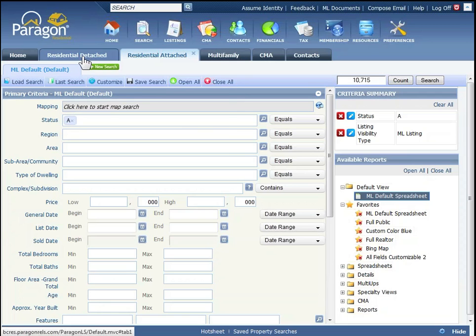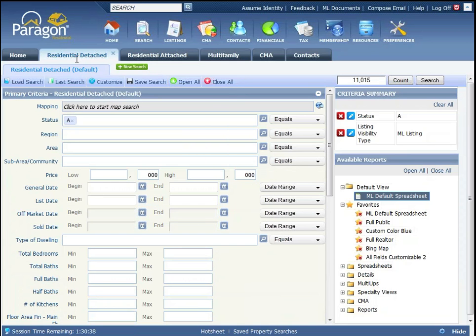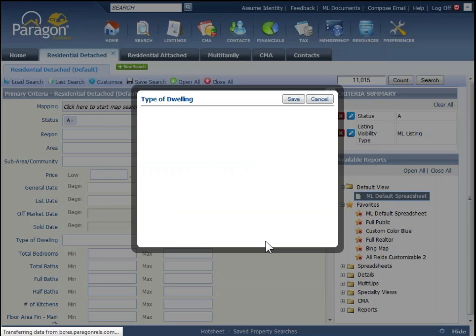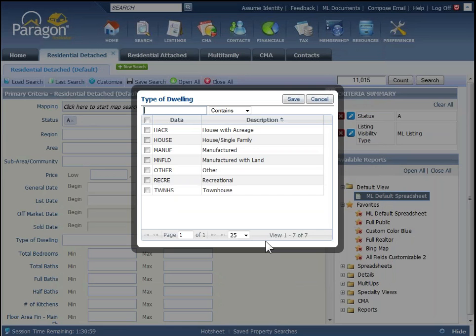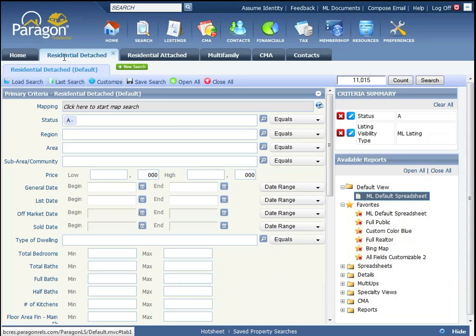Let me get out of that. Let me come over to residential detached. We're coming down looking for type of dwelling. Going to click on the magnifying glass on the right-hand side. And notice how a window opens up. And on the window, notice how there's also townhouse at the bottom. So again, you could have a detached townhouse if you're looking for it. In addition to that, house with acreage, house single family, manufactured with land, other, and recreational all become different classifications or types, if you would, when it comes to each of the different classes of property, like attached and